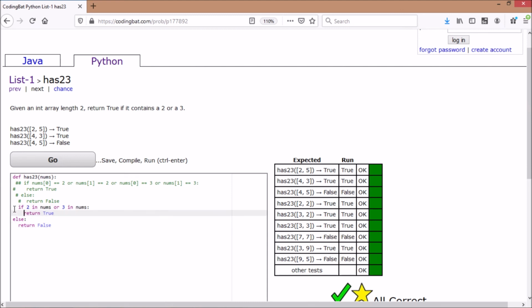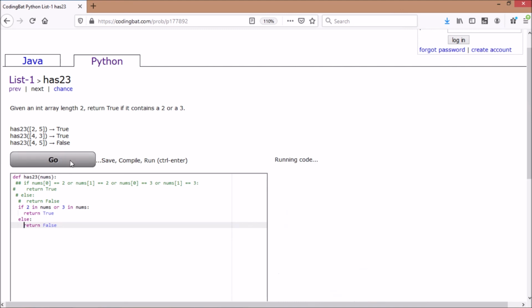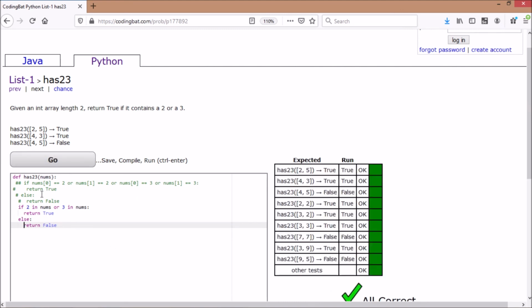So these are the two ways. The first one was that you can go with every single element and compare that with 2 and 3. Second is you can directly check if 2 is there in nums or 3 is there in nums.